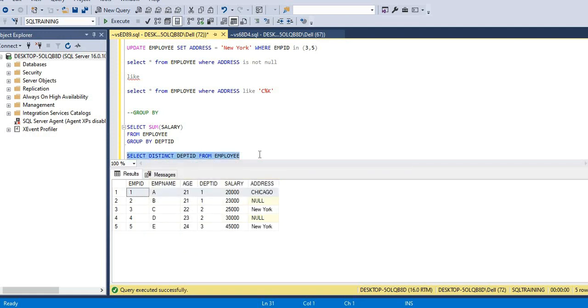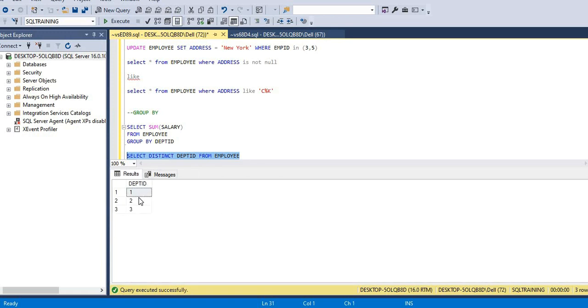If we see, there are only 3 department IDs available in the employee table. So we should get only 3 records. It should group based on each department and give some output. What we are expecting is the sum of salary in each department. So if I run this,